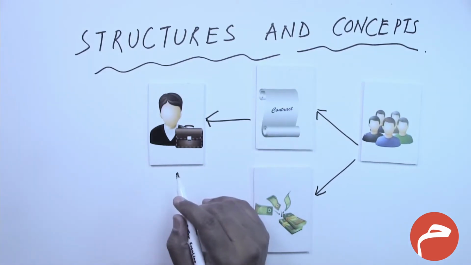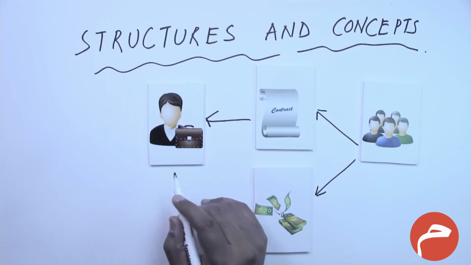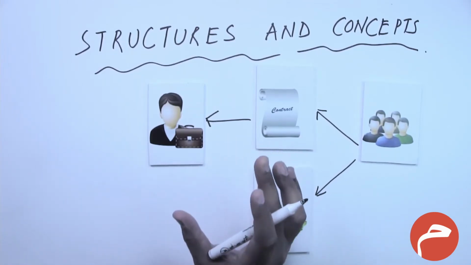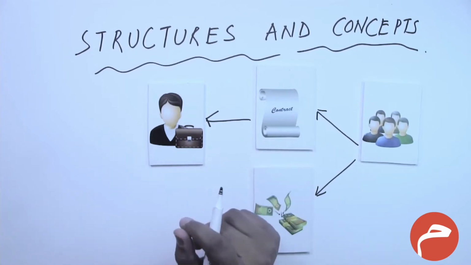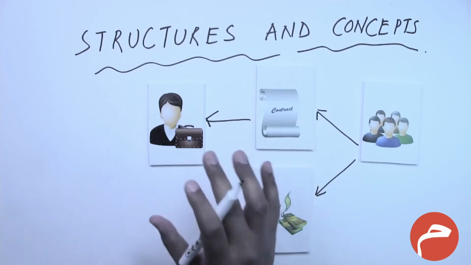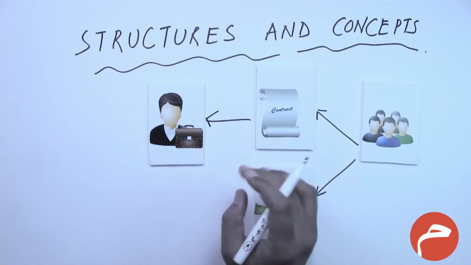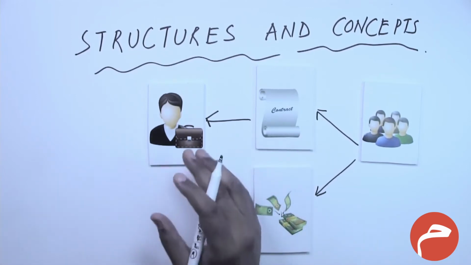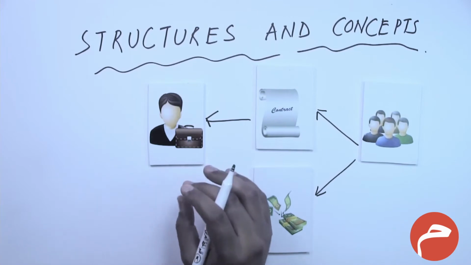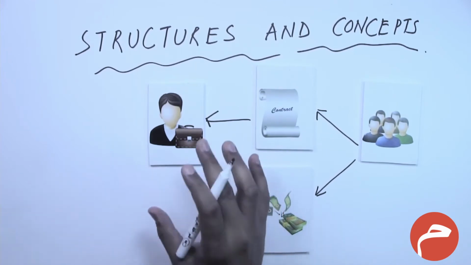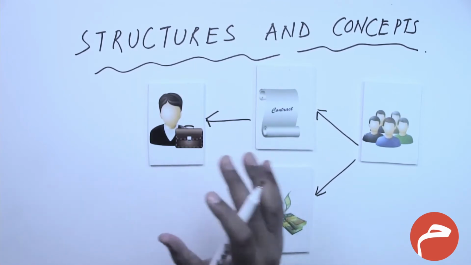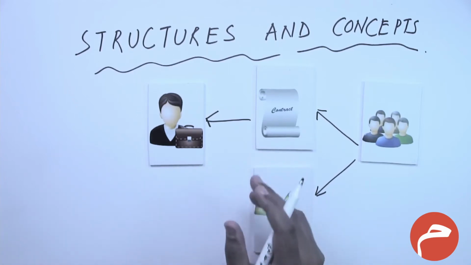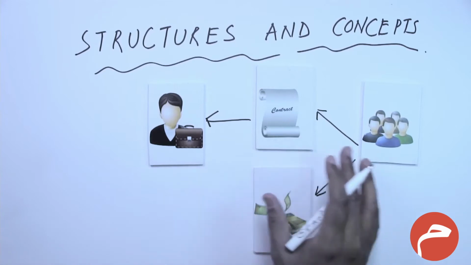Now, there are some structures which are used. For example, if this is based on Mudaraba, then it would be a Mudaraba based Takaful fund. If it is based on Wakala, then it would be a Wakala based Takaful. If it is a combination of Mudaraba and Wakala, then it is called a hybrid. If the structure is based on the concept of Waqf, then it is a Takaful based on a Waqf structure. So basically these are four main structures, Mudaraba, Wakala, Waqf and hybrid, which are currently practiced in